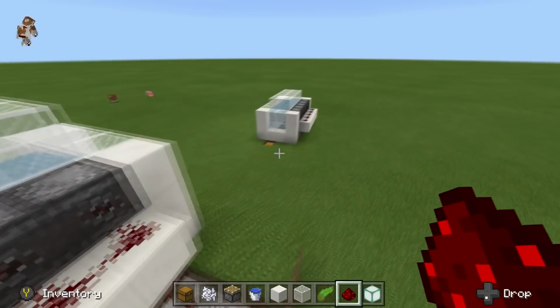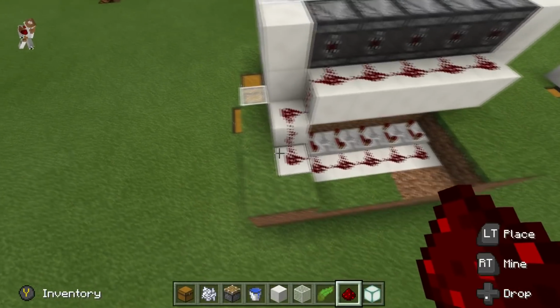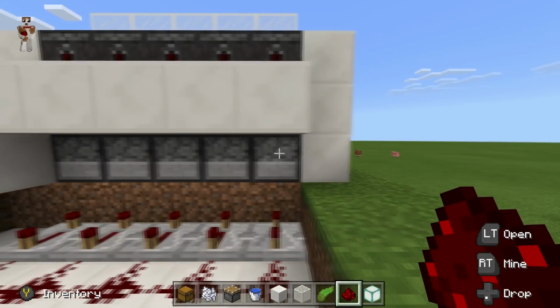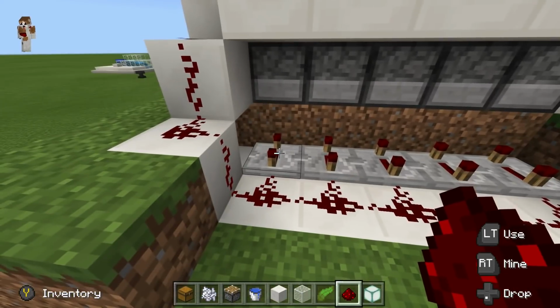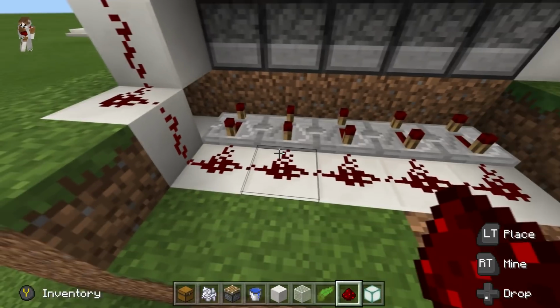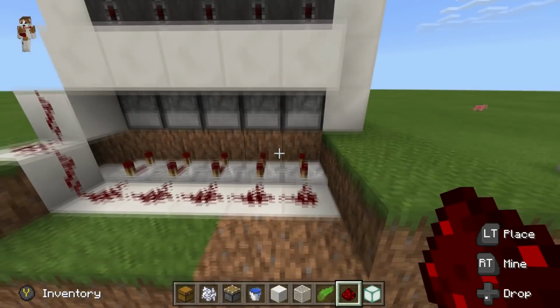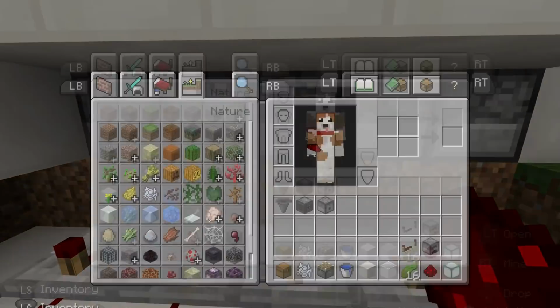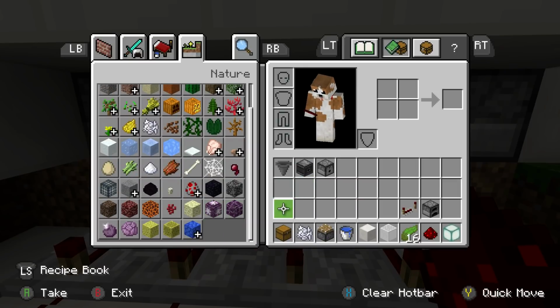So what I do here, as you can see, we just put one block there, one block there. We dig down one just below where the dispensers are. I will want to put some redstone repeaters. I like to put them on 4 clicks, the longest delay. More redstone across there, and then if I just tap myself here, I'll fill this inventory